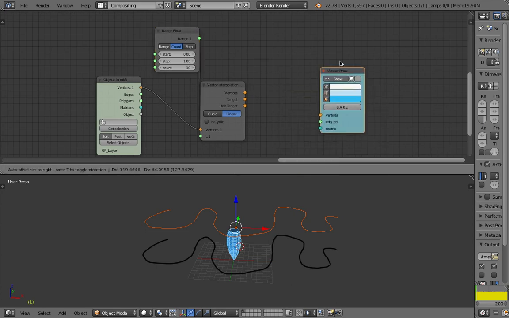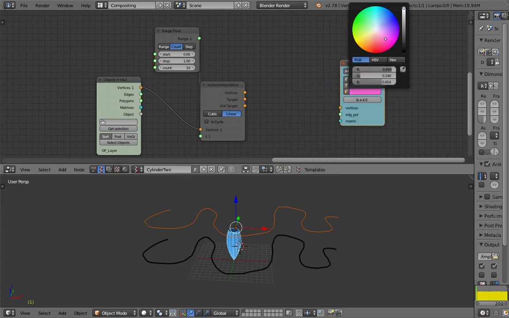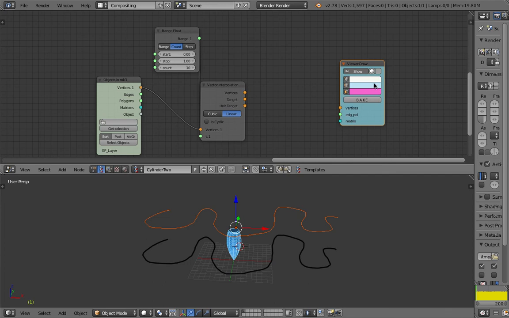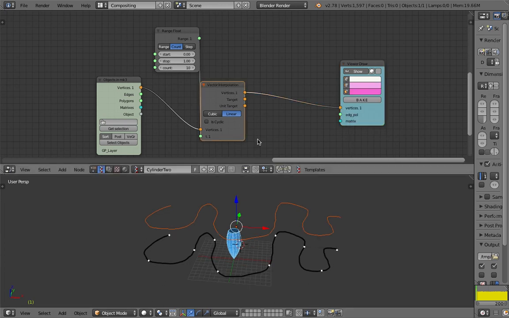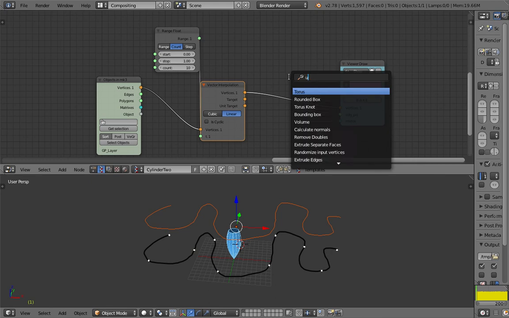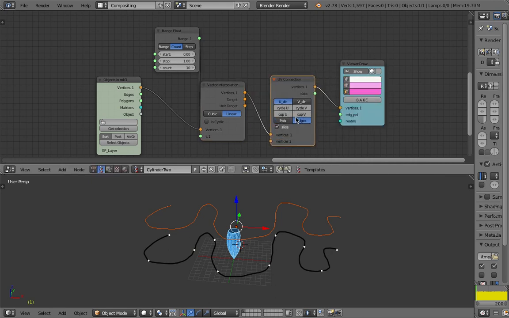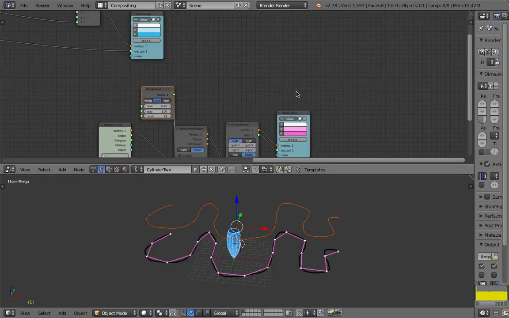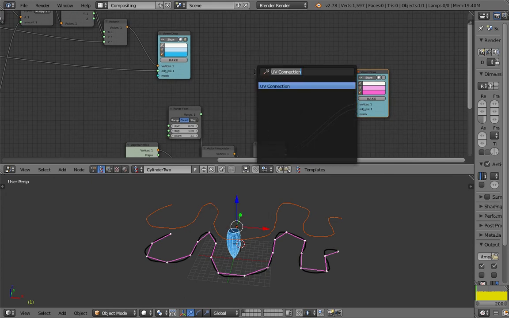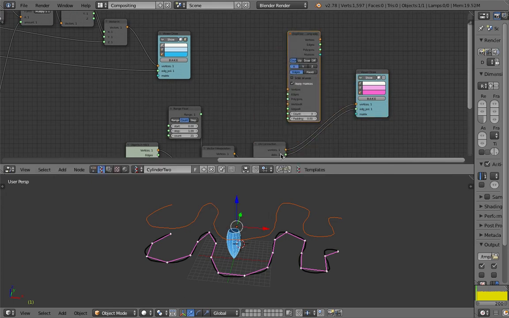And then look at the result. We turn it into edges, increase the sampling, and once we've done that, we can use the duplicate objects along edge, use the edge,